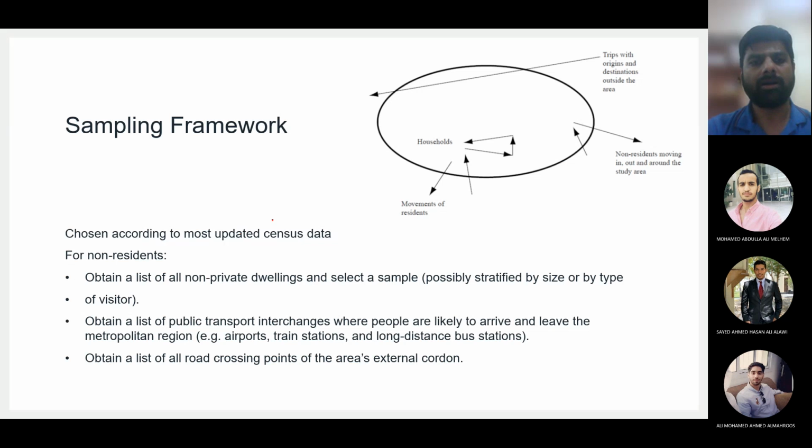So how do you collect the sample? We have already discussed how to find out the number of samples and how to do stratified sampling and so on. But for doing that, you must know the population, and the population data can be taken from census. They are government organizations which take population data on a regular basis, and they publish it. Whichever census is the most updated one, you take the data from that.